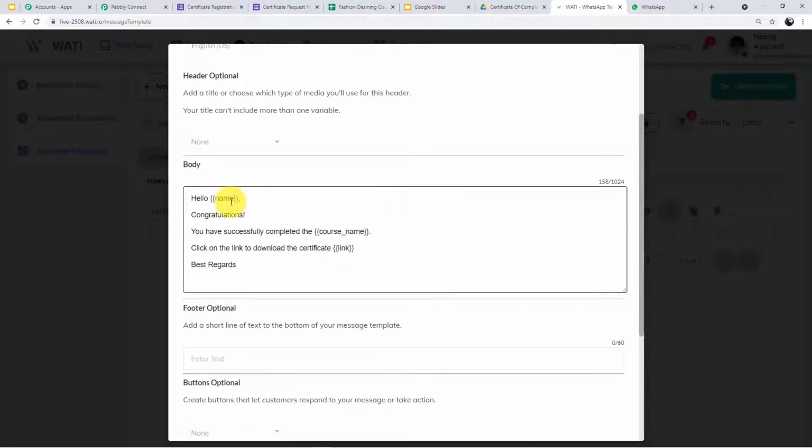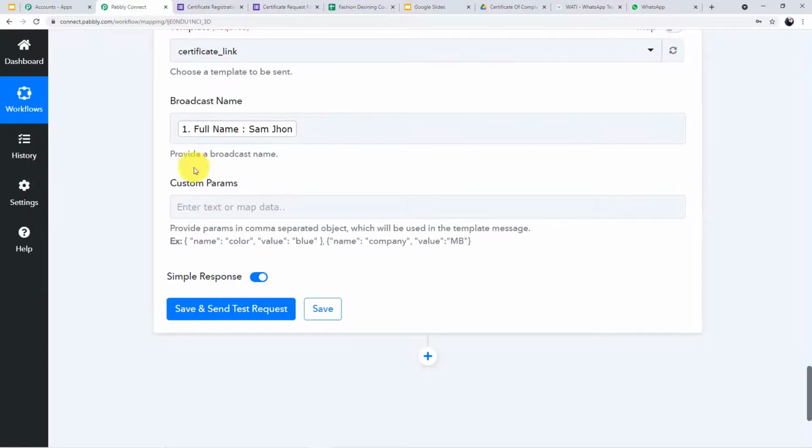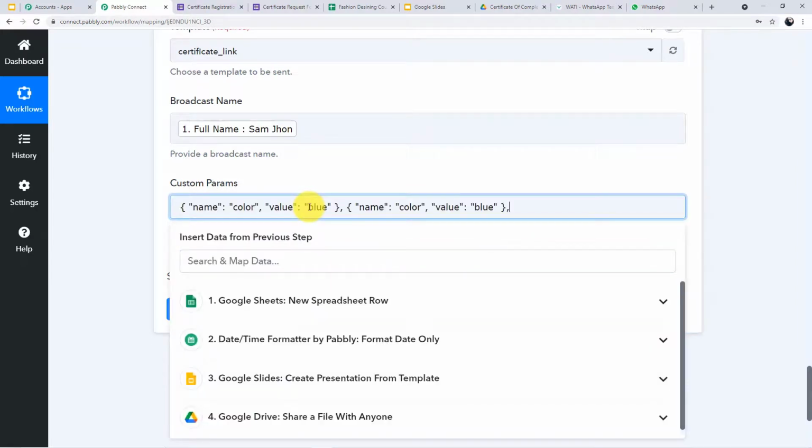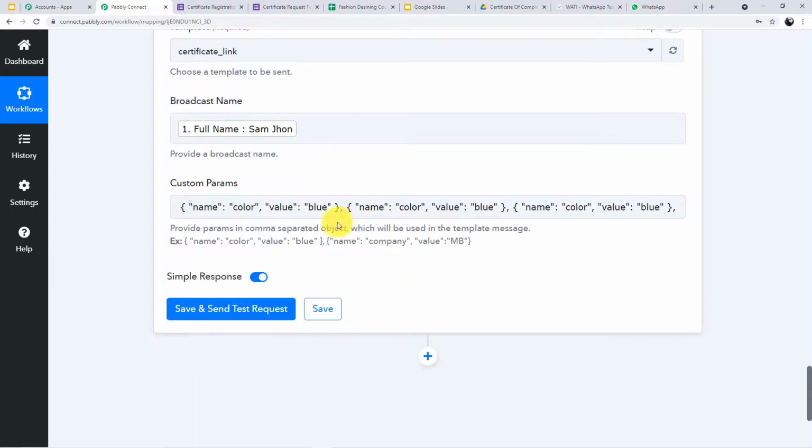So we have to create three custom parameters for these three particular variables. How will we create them? Let me show it to you. If you go back to your Pabbly account, you can see here in the example, you just have to copy the first example, copy it, and paste it 3 times. Simple. You have copied the example and pasted it 3 times.